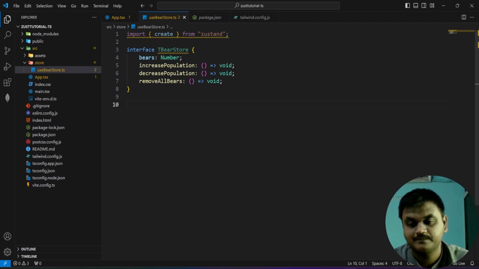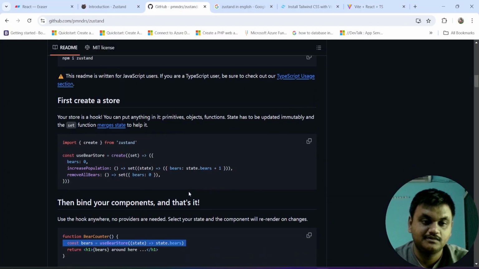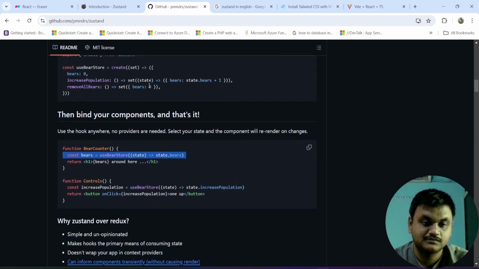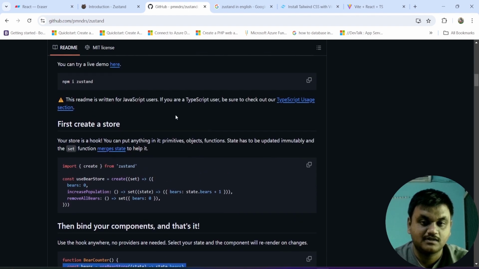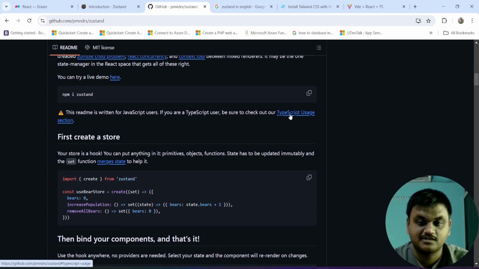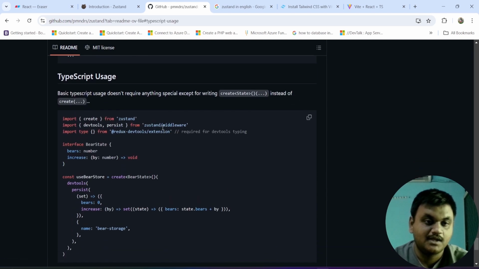If you go once again to the documentation and refer to this, we can refer to the TypeScript usage section. If you see TypeScript, basic usage does not require anything special except for